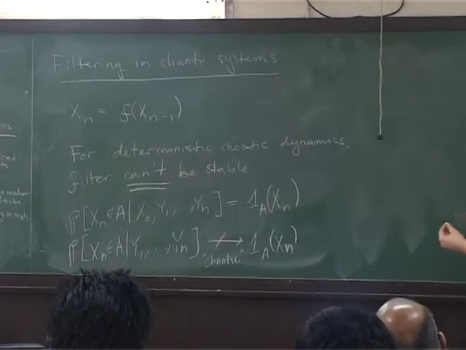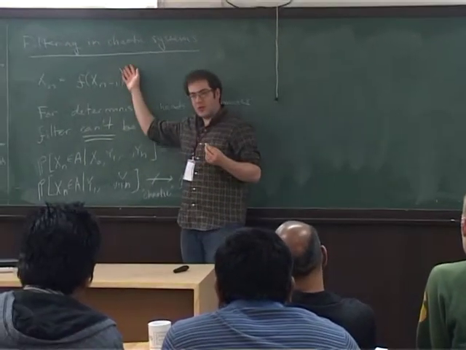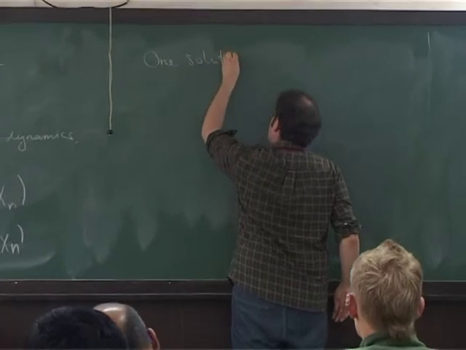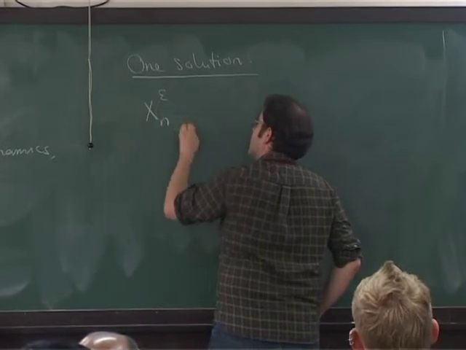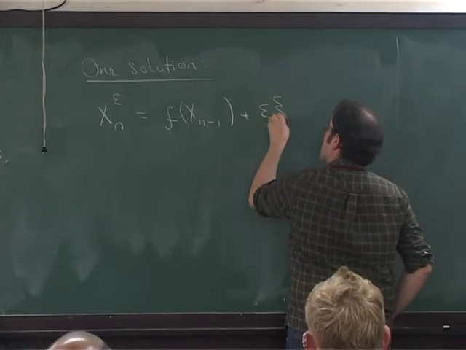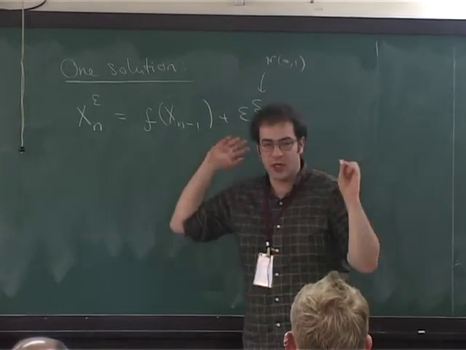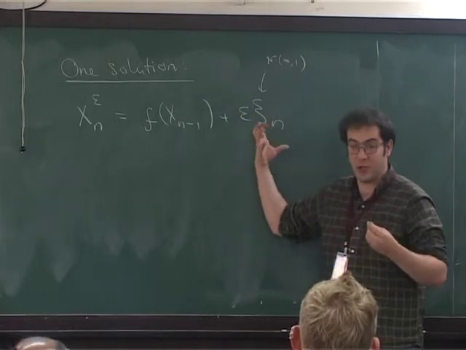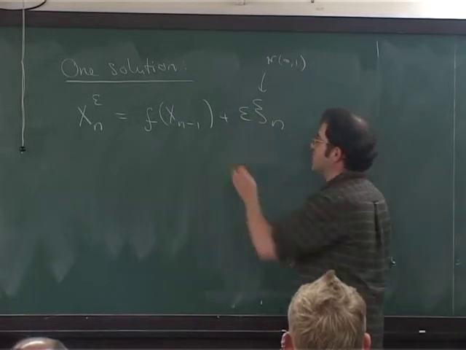Okay, so what's the solution? What is one solution? You just add some noise, right? The noise is not there. So one solution: consider perturbing x_n. Make this whatever you want, let's say normal 0, 1, but I don't really care how you perturb it. I'm just giving you an example. So just add some noise, fictitious noise. You don't think of this noise as being a model. This is fictitious noise I'm adding to make my algorithms work.